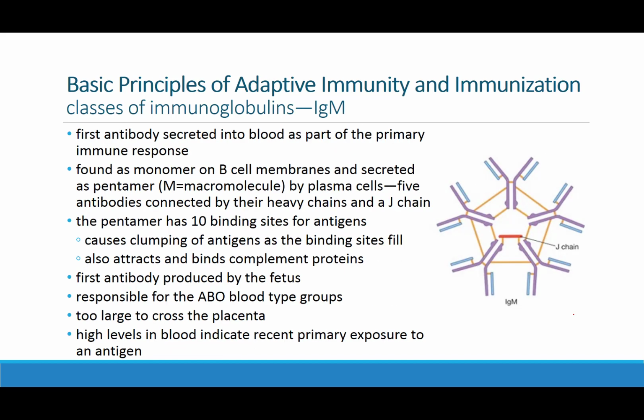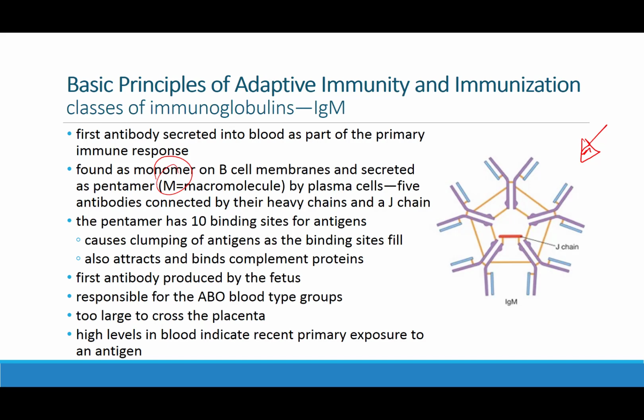The next class of immunoglobulin, I suddenly can't say it this morning, immunoglobulins is IgM. IgM is the first antibody that's secreted into the blood as part of the primary immune response. On B cells, as the receptor for antigens on B cells, it is found as a monomer, a single one of those antibodies, but it's secreted as a pentamer. This is a pentamer here, which is a 5 antibody cluster of antibodies. And it's called the M form, as M for macromolecule,